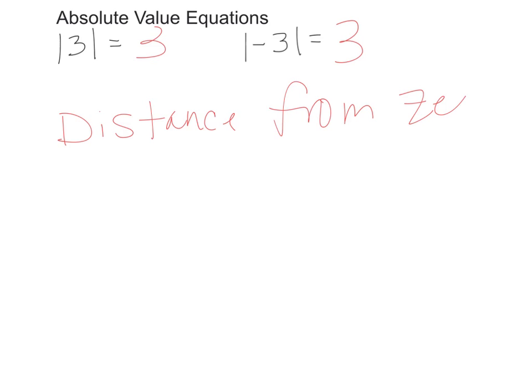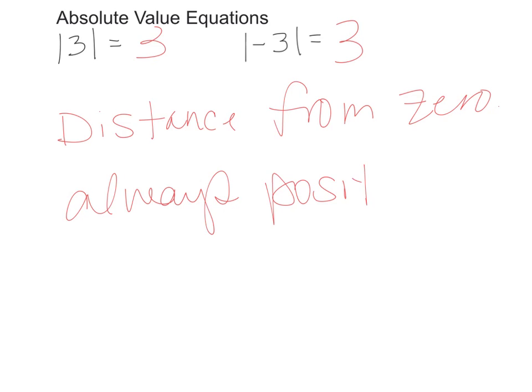from 0. That also tells us that if it's the distance from 0, your absolute value always has to be a positive number. So with that positive output, because it's the distance from 0 and distance is always positive, regardless of if you have a positive 3 or a negative 3, you're always just the distance from 0 if you're looking at your